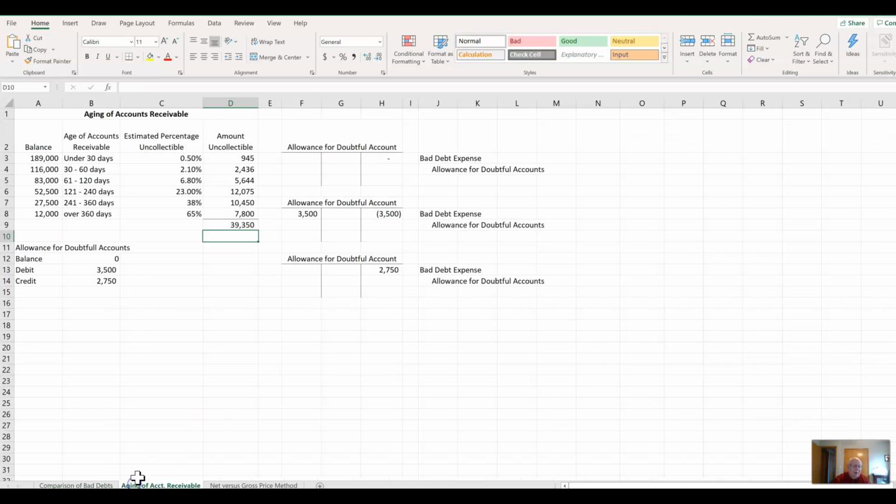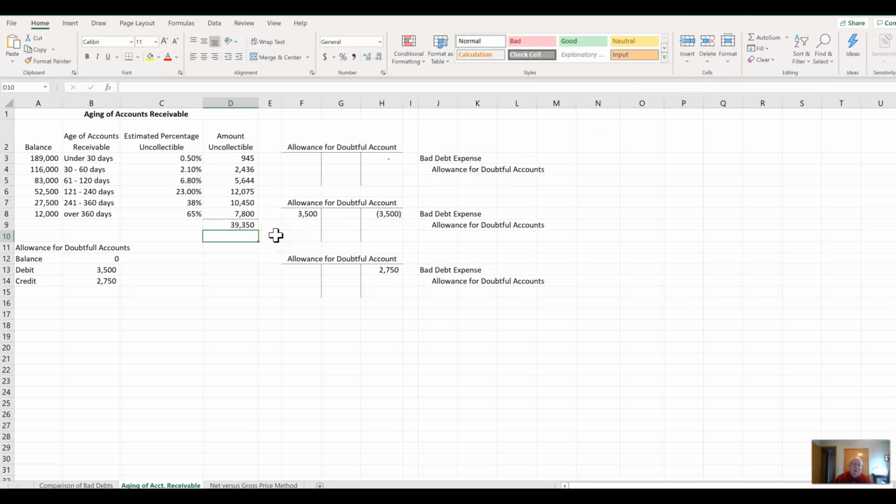Okay. Now, the other way we can do this is aging of the receivables. And I got those already figured out for you, so I'll take those off. Aging the receivables, and the idea for this is that as these receivables get older, they get more likely to be uncollectible. So they'll give you the dollar amount, and you multiply it times the percentage it's uncollectible. Okay, and you do that for each of these as you go down. So the last was 12,000 times 0.65. So the total is the auto sum,